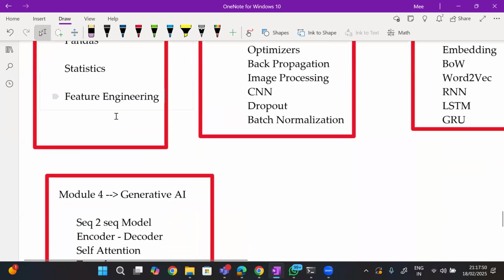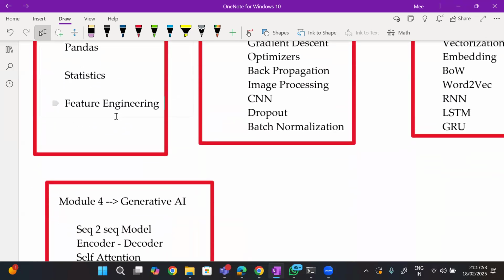As part of this course, one thing I want to let you know: whatever we are going to do will all be real time projects. It's not that we will be doing some dummy projects or small projects. Everything will be end to end implementations. And how you can put that experience or knowledge into the POCs, I will explain that.